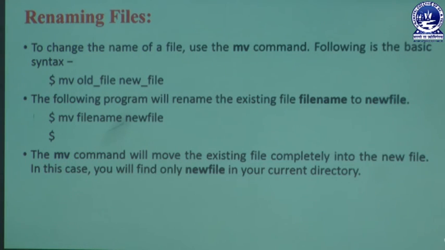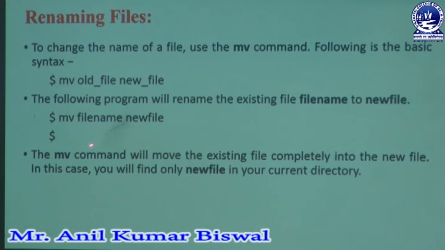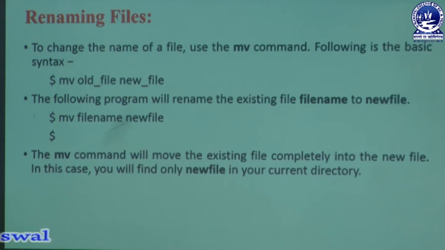So the user must take the help of another new concept, which is known as the mv command. The mv command helps us rename our old file name to a new file name. But this is not a Windows environment. In Windows we can easily rename files by clicking buttons, but in the Unix system everything must be done through commands. Whenever a user wants to rename a file, the user must use a command like mv, mentioning the file name which they want to change.